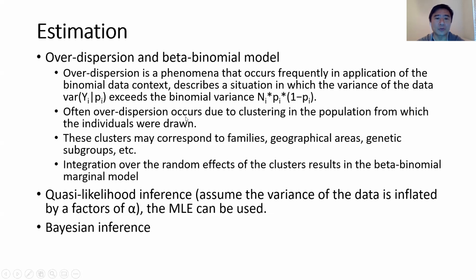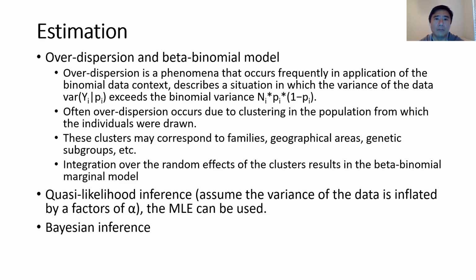And often this over-dispersion occurs due to clustering in the population from which the individuals are drawn. If you assume the perfect sampling design is totally random sampling, you can have all the typical samples from the population. But if you sample in a clustered way, you will have a lot of subjects with similar characteristics, because you draw them from, say, the same families, for example,